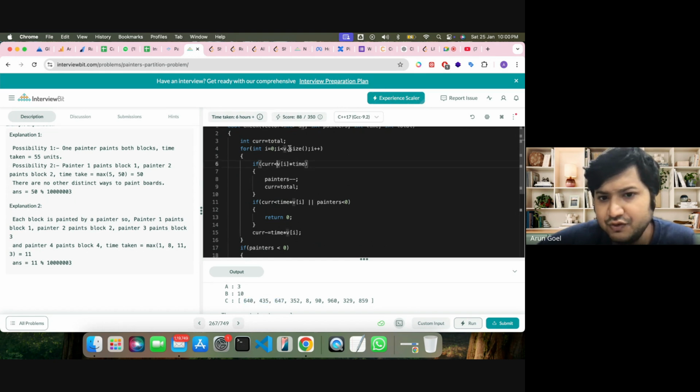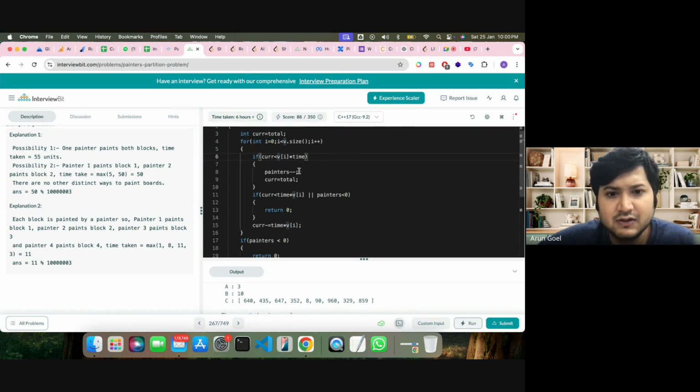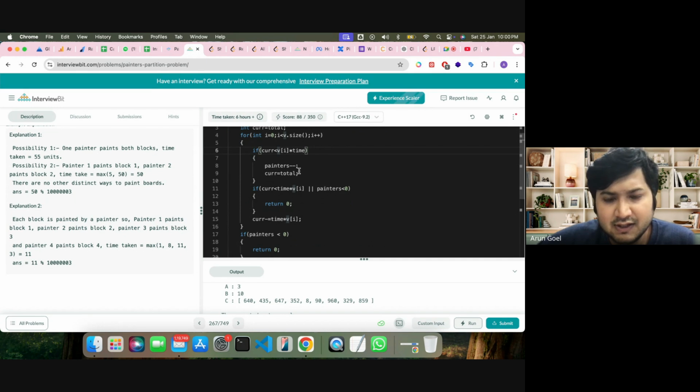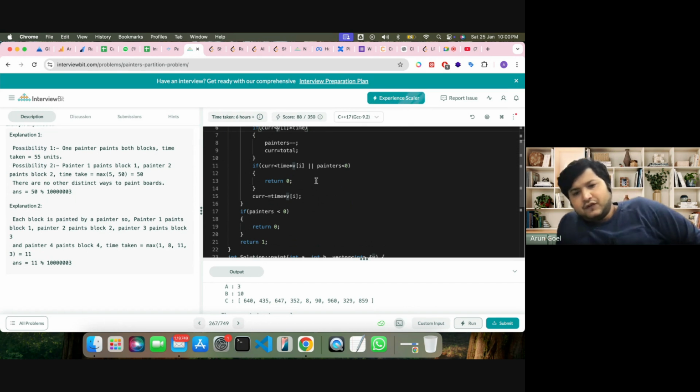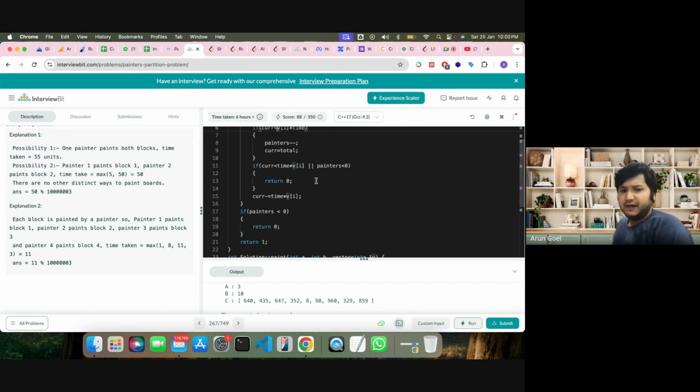Okay, for int i equals 0, i less than v.size, i plus plus: if current less than v of i into time, then painter minus minus and current equals to total. ठीक है? If current is lesser than coming into v of i, or painters is lesser than 0, then also like